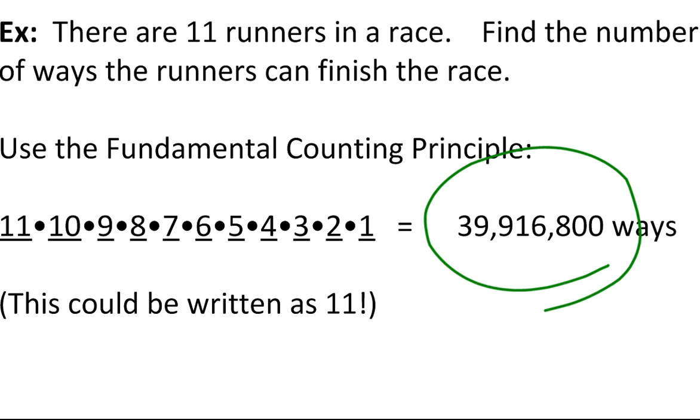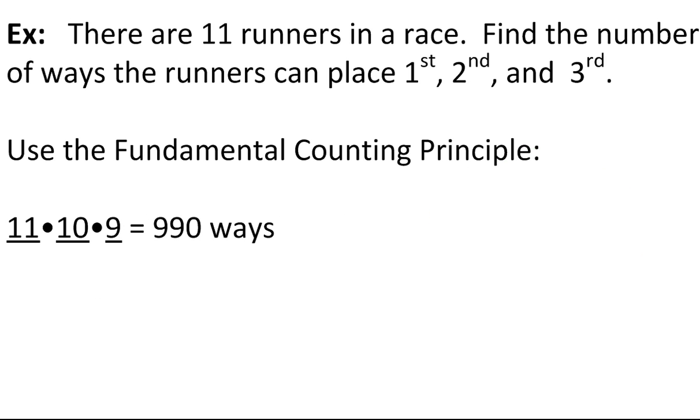So our permutations and factorials are really similar to what we were doing yesterday with our counting principle. Alright, so here we got a first, second, and a third. This is how many choices we have for first, how many choices we have for second, how many choices we have for third. Now once somebody finishes that race, we lose that choice for second place, and that's why our numbers go down, and why it starts to mimic our factorial that we were doing before. So this, if you got 11 people in a race, there's 990 ways that they can finish first, second, and